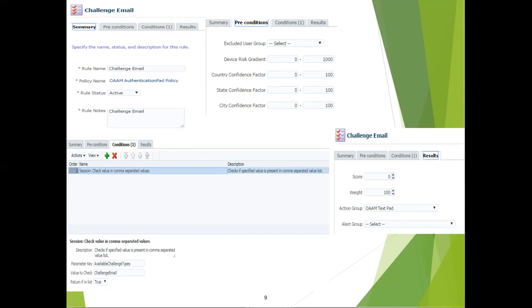Like in the previous session we were discussing some use cases where we said that if a user is coming from Mexico, block that user, or if an IP belongs to a state in Mexico, just block that user. So how are we telling OAAM to block it? Because we have populated IP data from a third party vendor, and based on that, OAAM is calculating the risk. So these four parameters are highly coupled with that precondition.